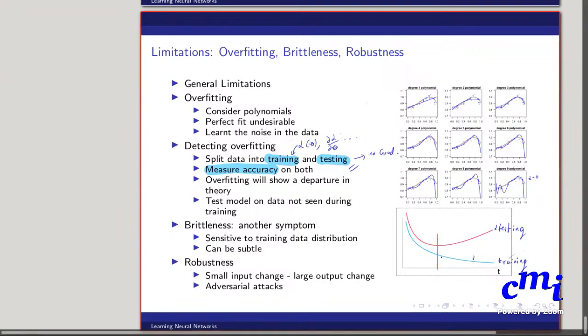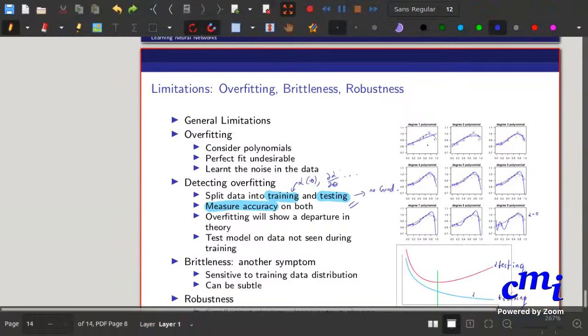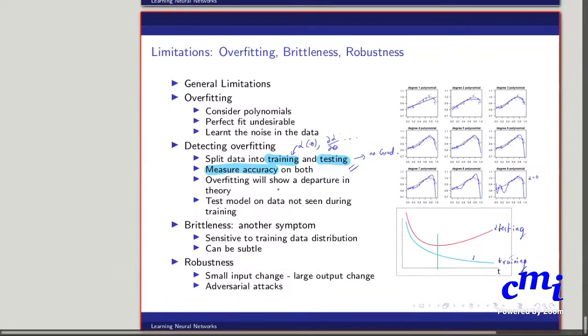So what you'd start to see is that while training loss is going down, testing loss actually starts to slowly go up, or stay the same for a while and then slowly go up. So this is the method which people usually try to use to capture when overfitting is happening. They look for a graph like this, and they look for this departure between the training and testing loss curves.